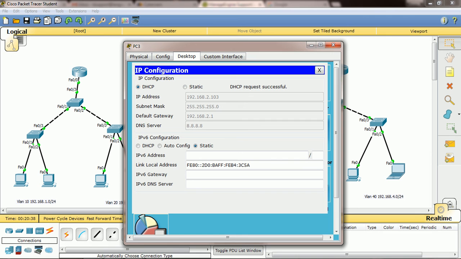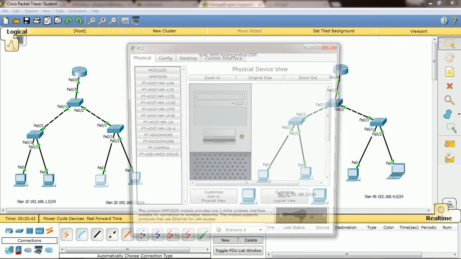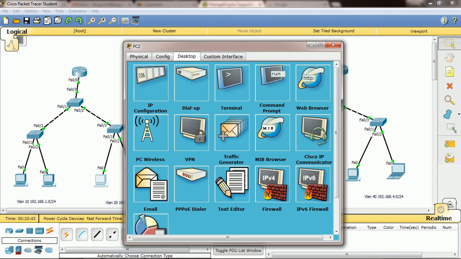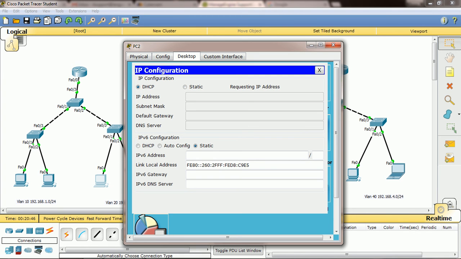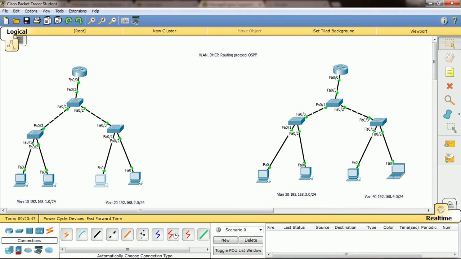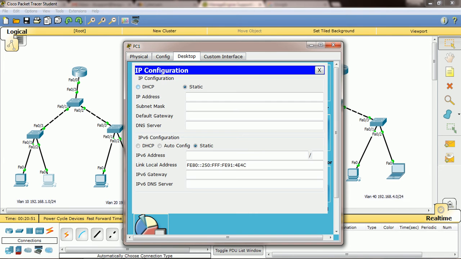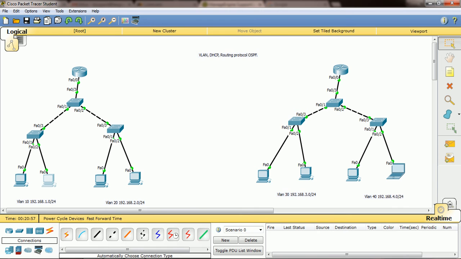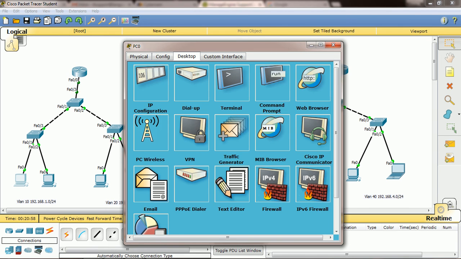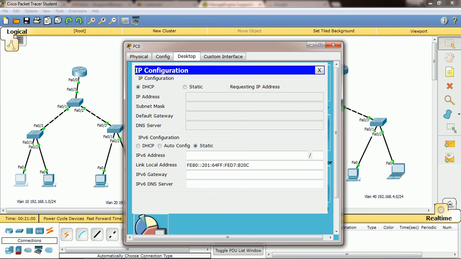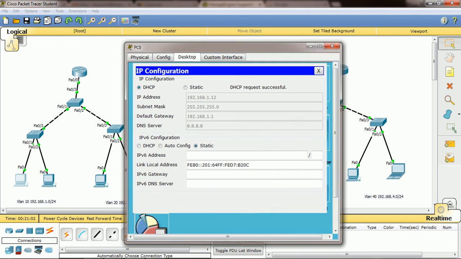Then exit. So now you will see you get the DHCP IP address. See, we got 103, right? And this one also will get the IP address. So whenever you are practicing, if you enable the DHCP options, machines will automatically get addresses, so you can easily practice all the topics.